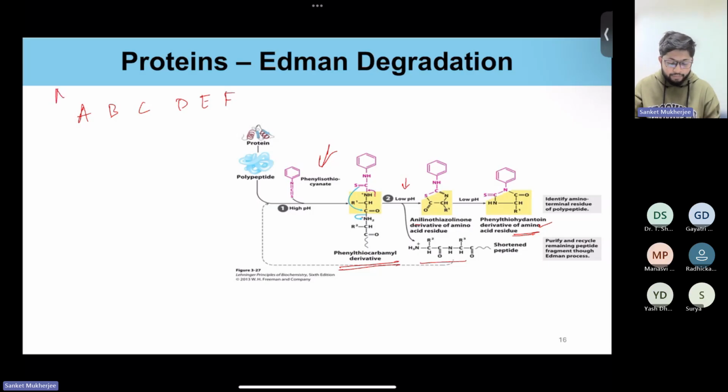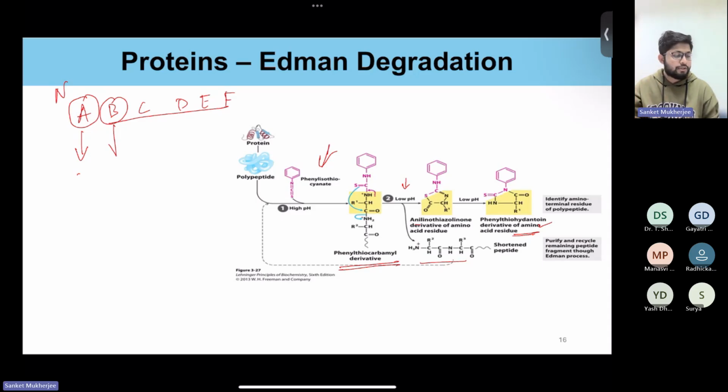So what will happen? We will first go for sequencing this. We will add this, we will form this thiazolinone derivative, take it out, sequence this. Repeat this step. In this peptide, this will now be the nth amino acid. From here, we will take it out, sequence it. So based on this, we will sequence each and every